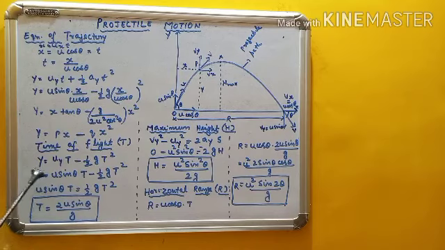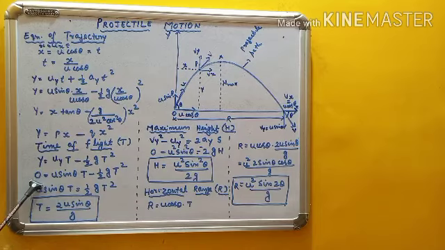So along the vertical direction, I have written the expression for the distance traveled: y is equal to uy t minus half g t square. This is from the equation y is equal to uy t plus half ay t square. Here the small t, total time taken, is capital T, and ay is minus g, so minus half g t square. Now substitute for uy. Since there is no vertical displacement, y is equal to 0. So 0 is equal to u sin theta into t minus half g t square.